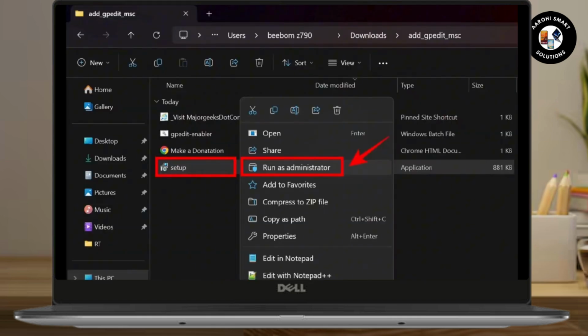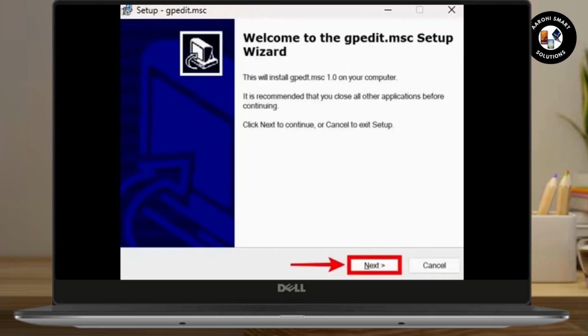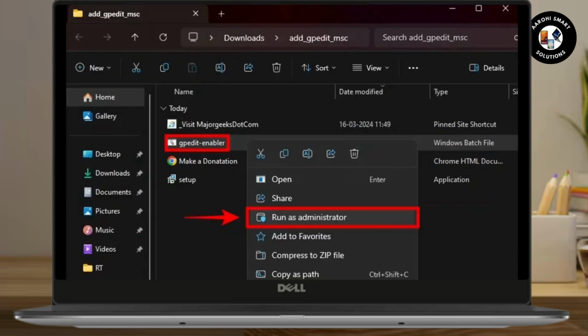With the extracted folder open, right-click the setup.exe file and then launch it by clicking on Run as Administrator, then click Yes when prompted. Now follow the instructions in this setup, keep clicking on Next and this process will be completed soon. Next, go back to the folder we extracted in the second step, right-click on the gpedit enable.bat file